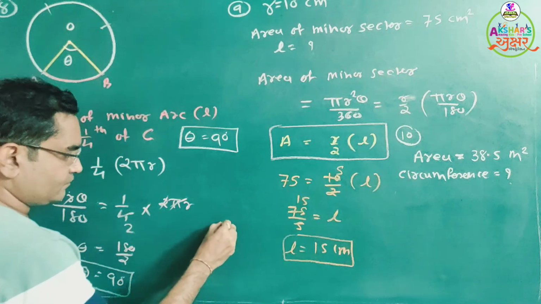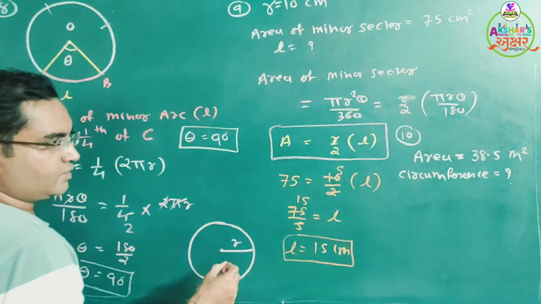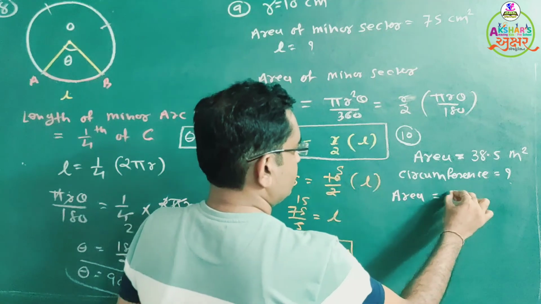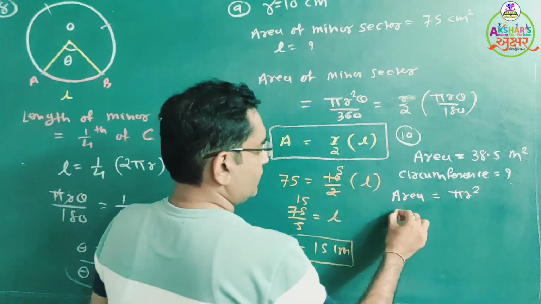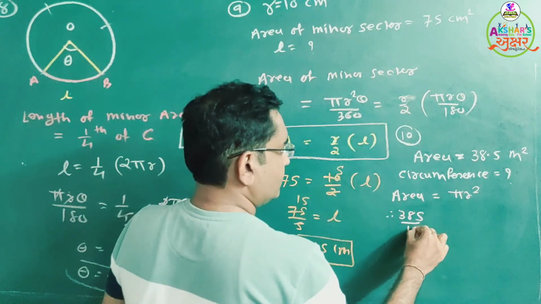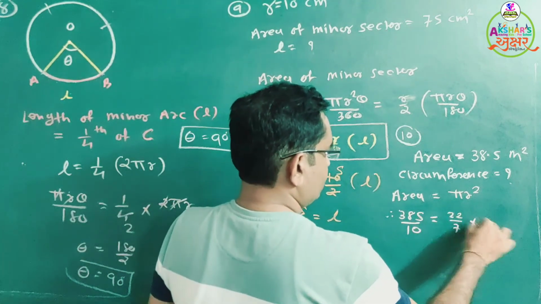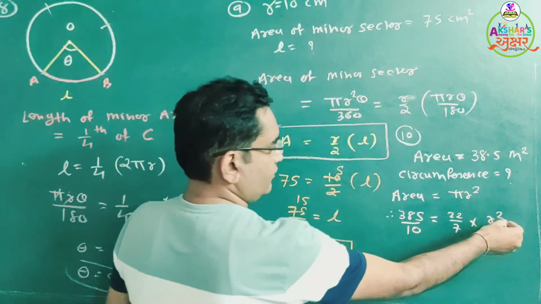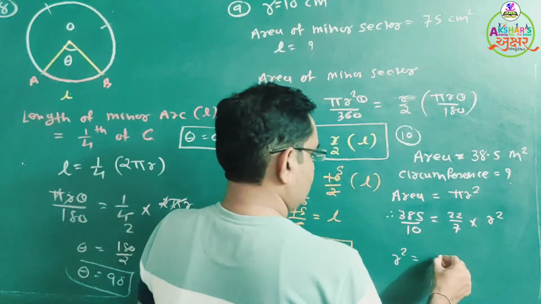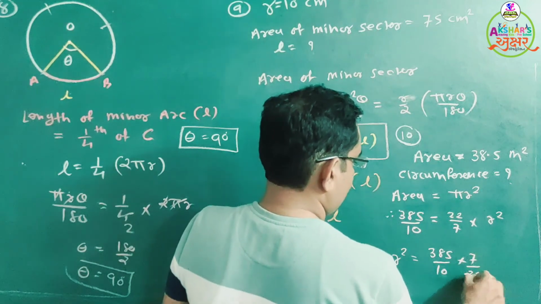तो यहाँ पर डायग्राम ड्रॉ करें। ये एक सर्कल, रेडियस r, एरिया ऑफ सर्कल इज 38.5. सो फॉर्मूला, एरिया ऑफ सर्कल इज πr², एरिया इज गिवन 38.5, so it's 385 by 10, removing decimal point, this is equal to 22/7 r square. So here we are getting the value of radius r. So r square will be 385 by 10 into 7 upon 22.